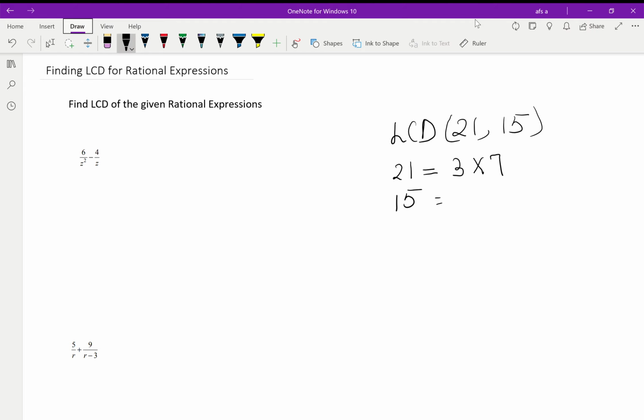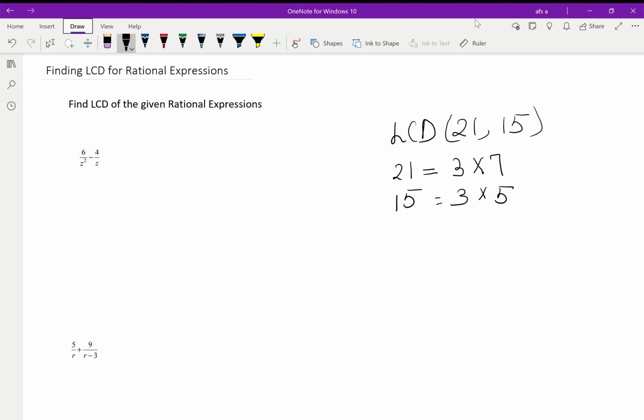5. Now, this is the step which is basically taking your number and breaking it down into prime factors. Now, what is it that we get to keep in our LCM or LCD? Remember, when we are working with the least common denominator, the idea is to keep all the factors that appear in each of your given numbers without repeating anything, without doubling anything, because we want to keep the